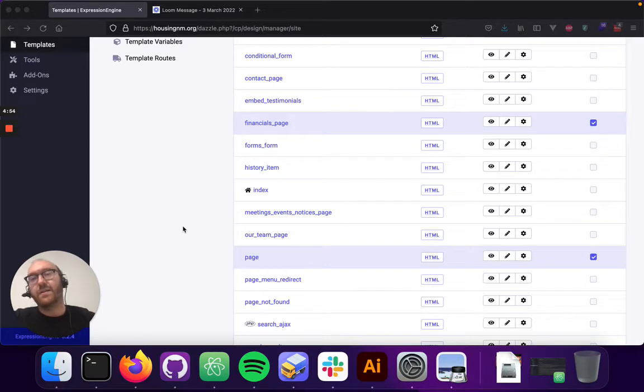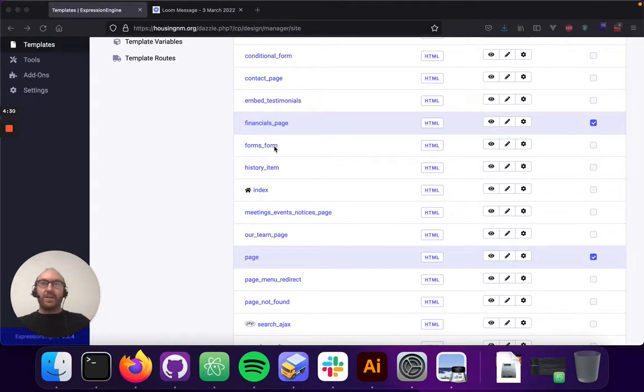In this part of the video series, we'll be diving into some of the page template files. Now real quickly, notice that I've selected two different page template files here, page and financials page. The reason why is because we have our basic page template file, right? A lot of our pages have essentially the same structure to them. Now remember,